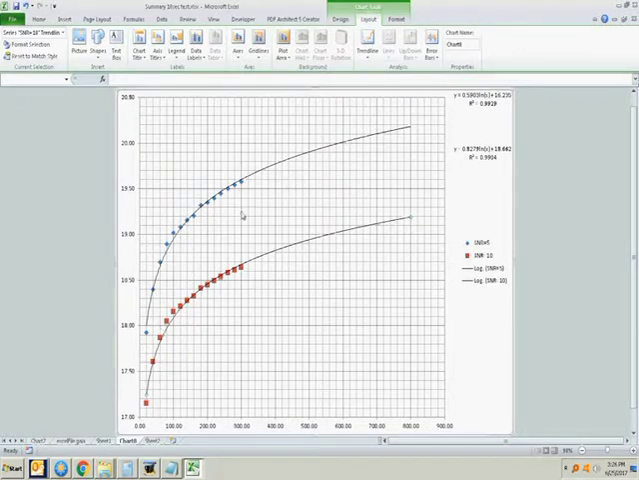So that's how you can plot exposure time versus magnitude and pick a signal to noise ratio. Now, if you do this,